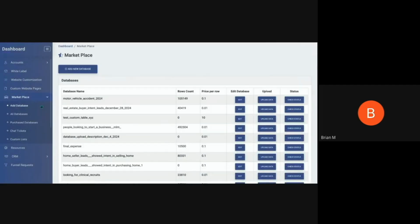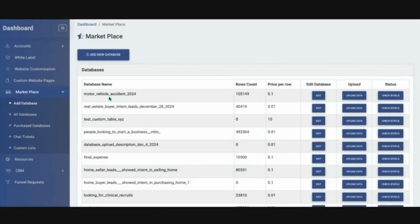Now, the custom databases is this whole new section. There's a lot of people who are getting into data and being told you can make a lot of money selling data. However,